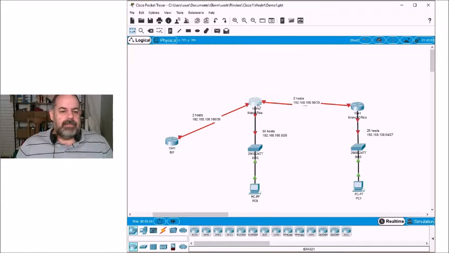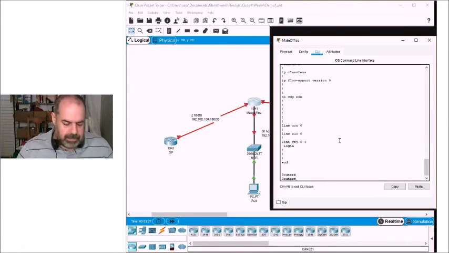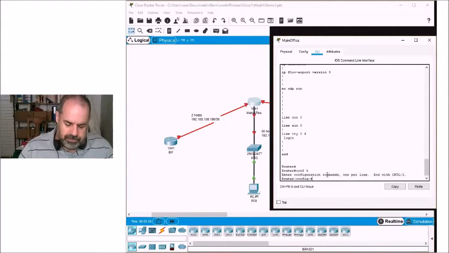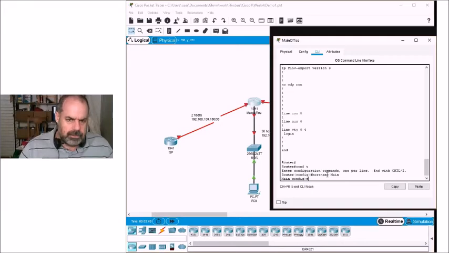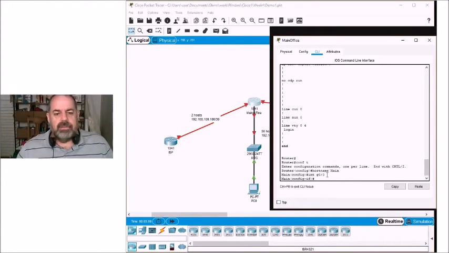Okay, so in the main office router, of course we need to go to conf t. Give it a host name. Main will do. Now we need to do the addressing, so we'll go int g0/0, and that was the